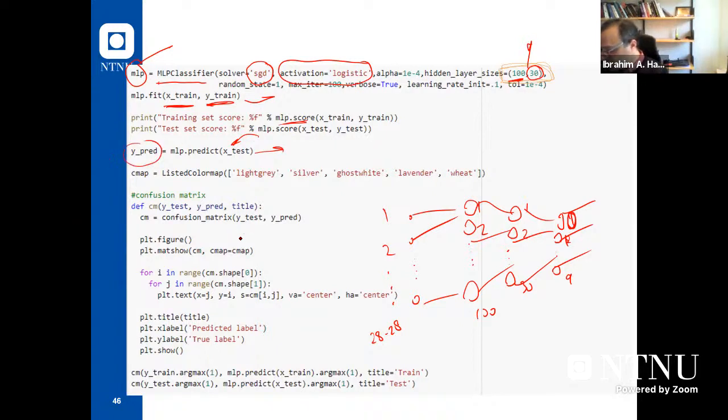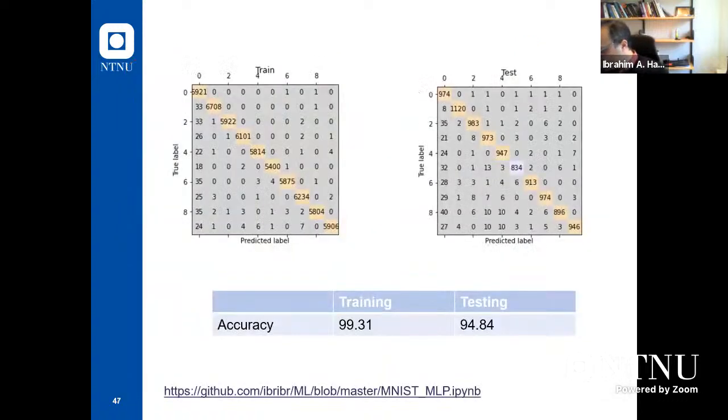You can use this for calculating the confusion matrix. I mean, the input to the confusion matrix will be the ground truth, which is y test, and y predict. And after that, plot the confusion matrix. So it will be like this one for training, this one for testing. As you can see here,